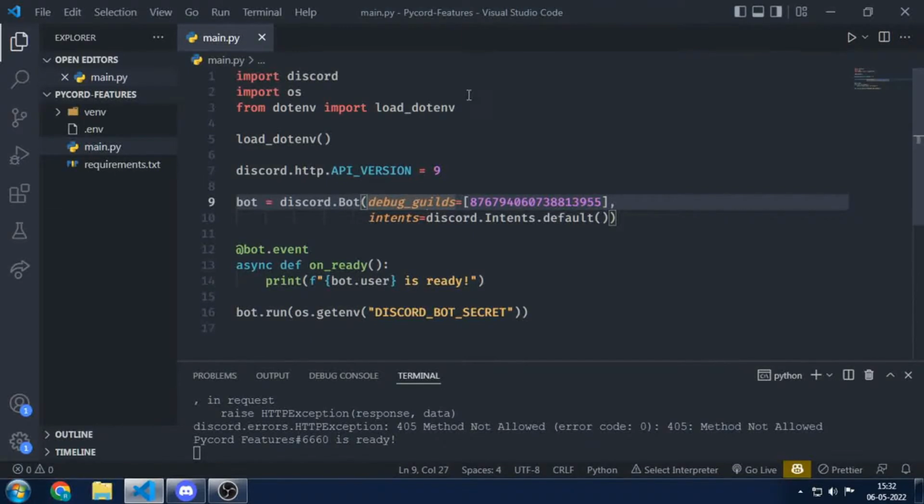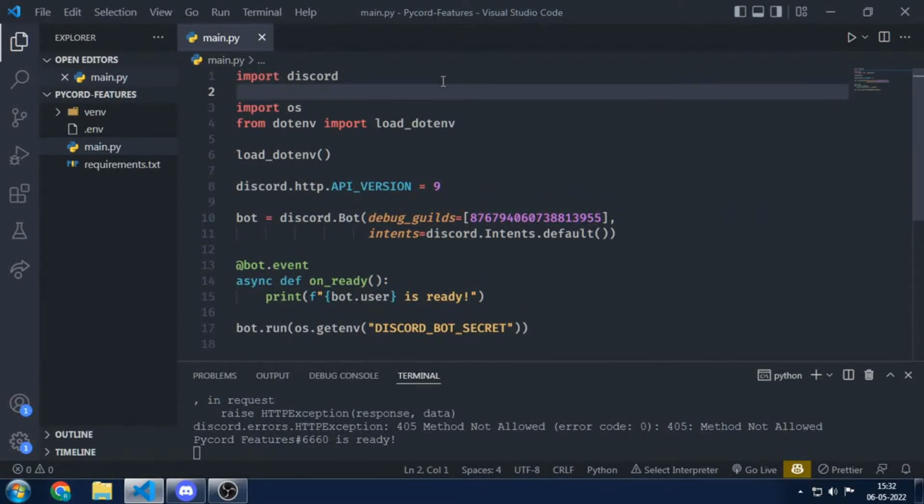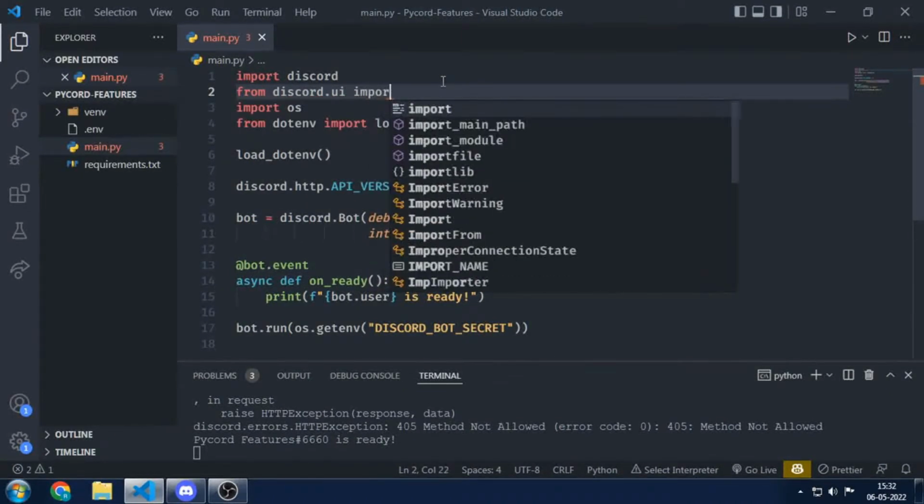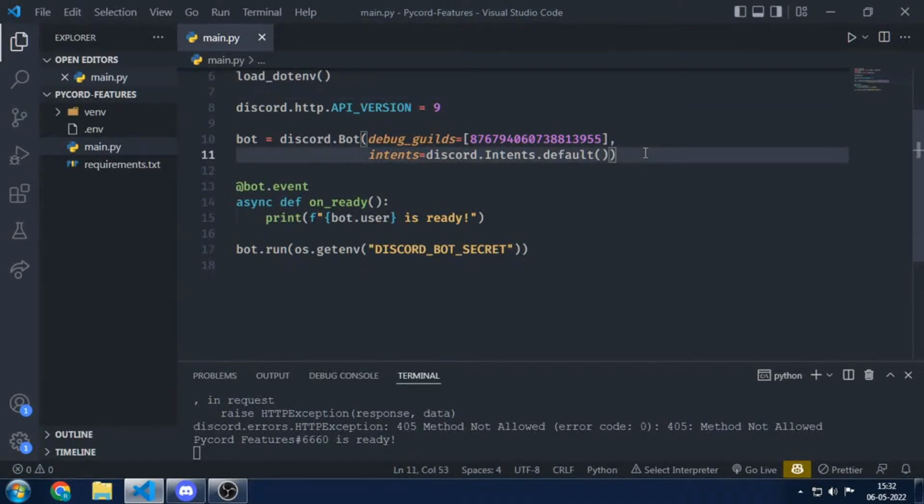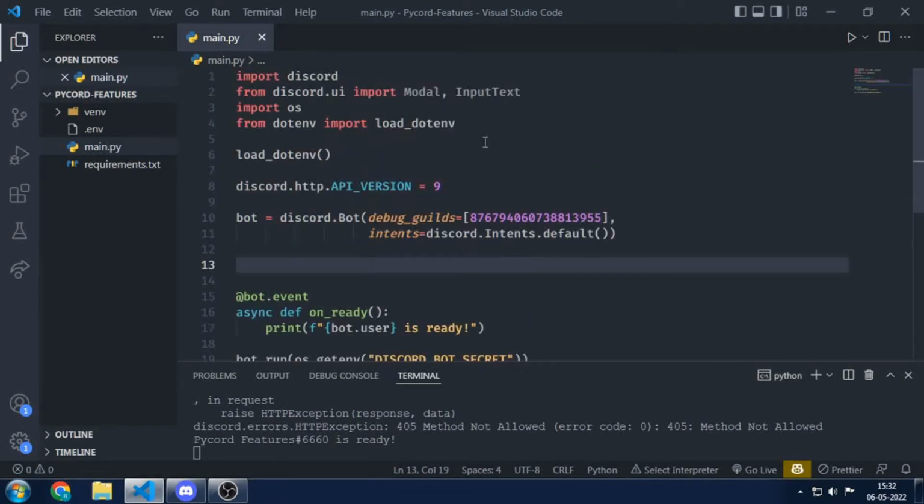So now first thing, we need to import the Modal and InputText classes from Discord. So from discord.ui import Modal, InputText. You can actually do that directly, but this would just save us some time. Now we need to subclass the Modal class. So this here is how subclassing works. You just create a normal class, name it anything you want. I'm just gonna name it DetailsModal,